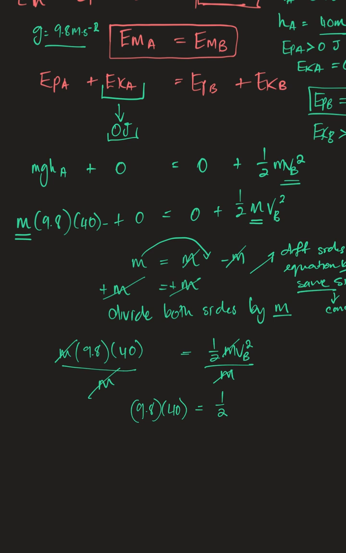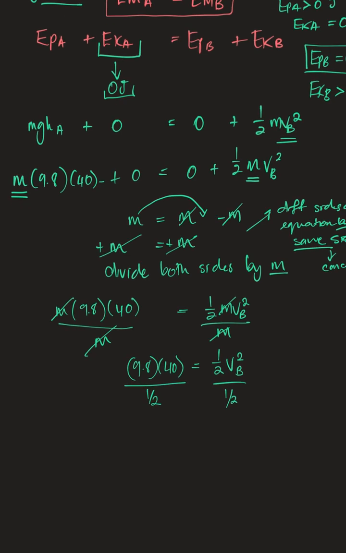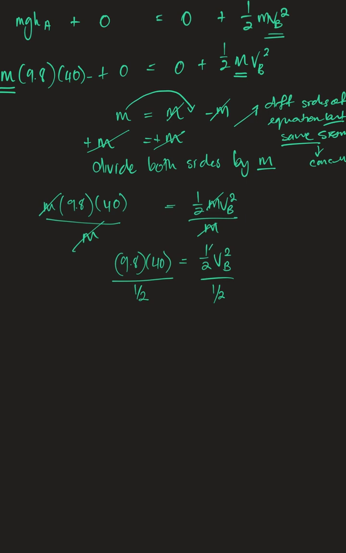Right. Now in this situation, I need to get V squared B by itself. Sorry. Oops. V squared B. I need to get VB by itself. So what I'm going to do to both sides is I'm going to need to get rid of this half. So I'm going to divide both sides by half. That's going to cancel each other. And now I've got,